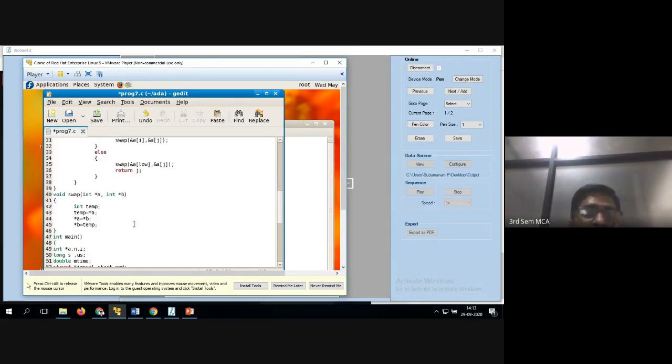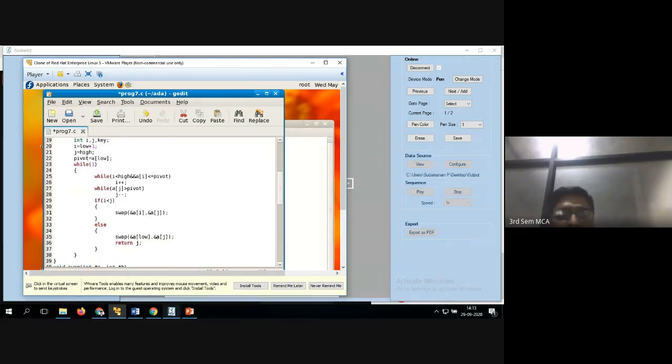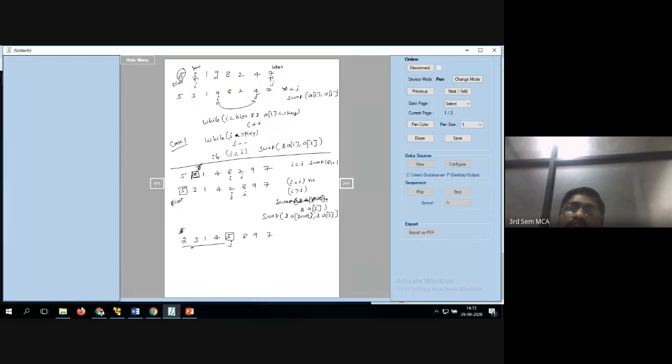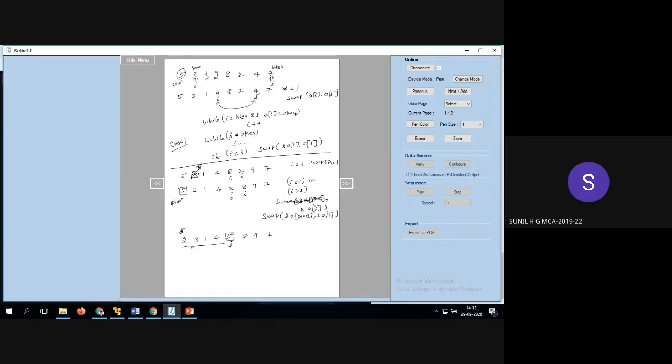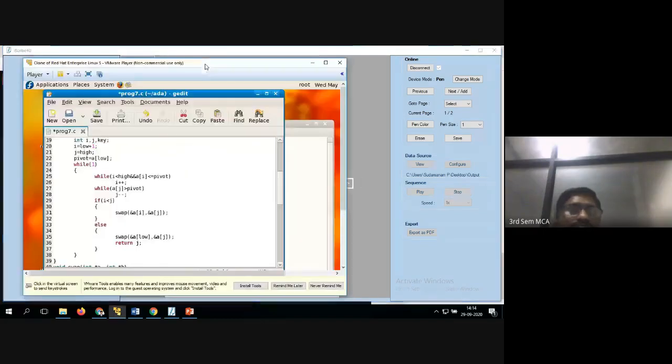See here, one second. When you are calling this function, you are passing 0 and n minus 1, not I. That is nothing but the first location only; you are passing 0 to n minus 1 values. See here, this statement. So when you are passing here, this is low, this is called high. This is called the low value. This is called the high value. Now you are incrementing by 1. But you showed the low value as 3. Right. Okay, yes, sir.